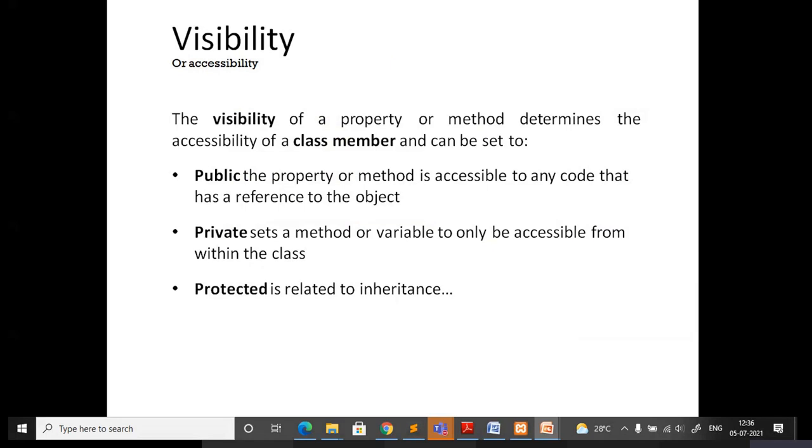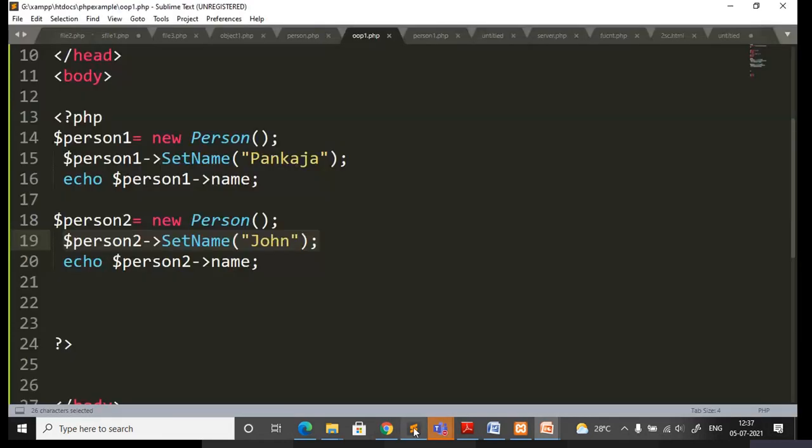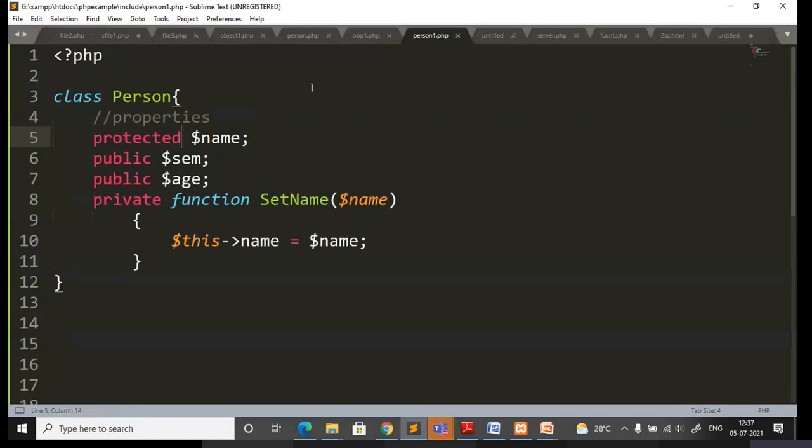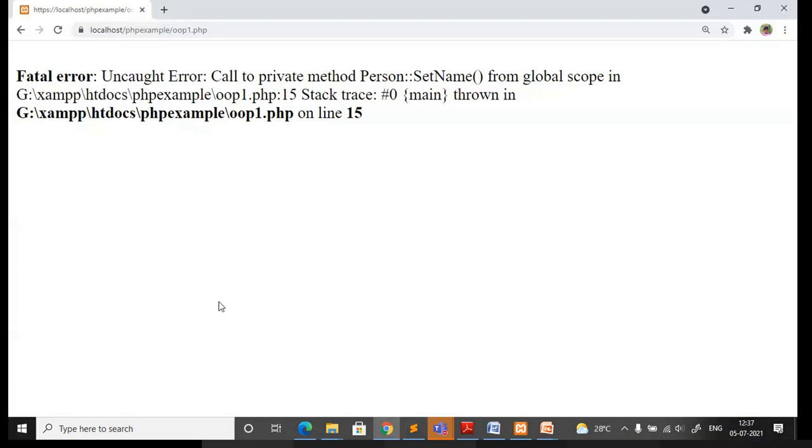So visibility, I was explaining, I told already public and private. Even if you specify any variable as protected, still you cannot access it. It is the same scope as private. You can just observe, you are getting the same error.